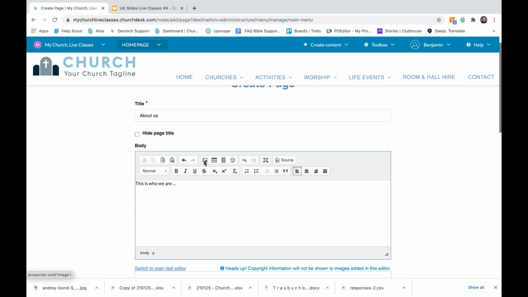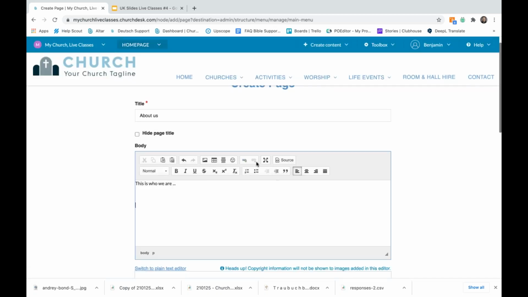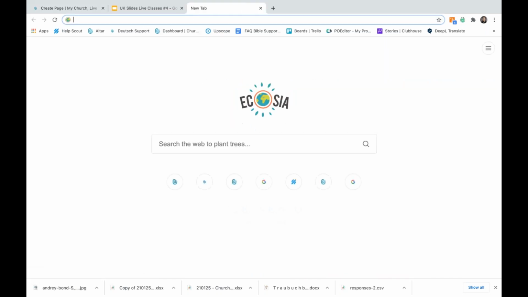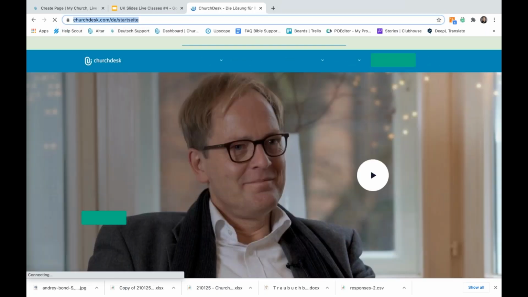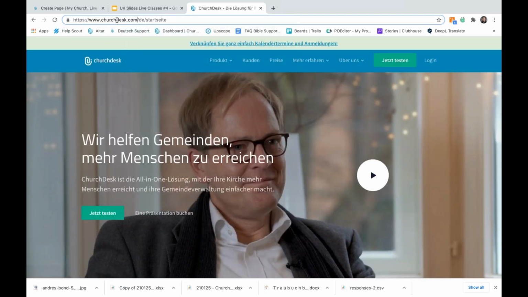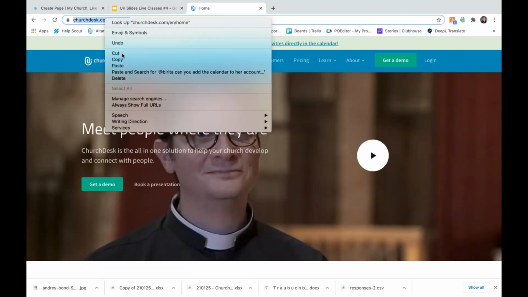You can add pictures. Here you can add pictures. You can also add a link. So that's maybe interesting if you want to link to an external page, to a PDF document, to anything. I'm going to illustrate it to you. So if you go on to ChurchDesk.com, okay, now I did the German selection. We do ChurchDesk.com. We copy the link,